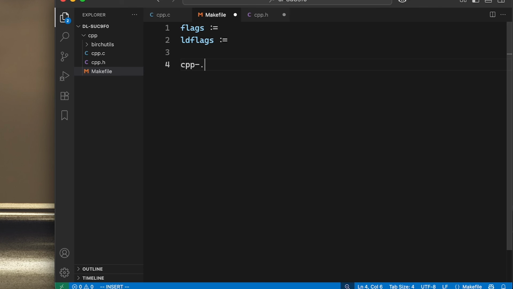We want to create cpp.o from cpp.c. And we do that by running our compiler. So let's see, and we might have some flags, and we want to run it with -c, and we want to take the input file,